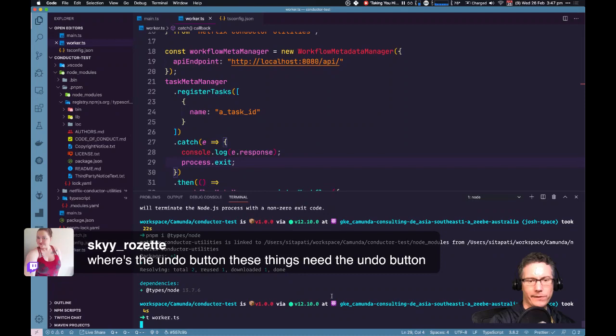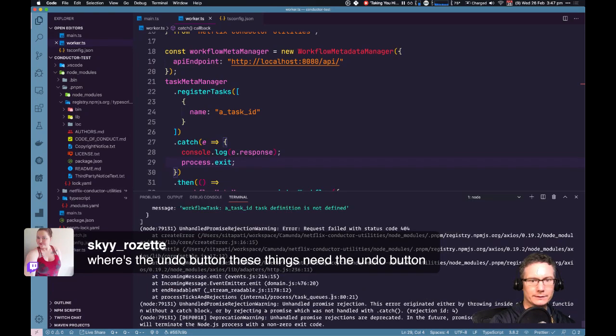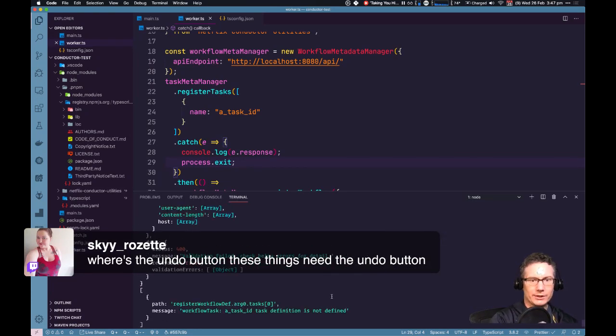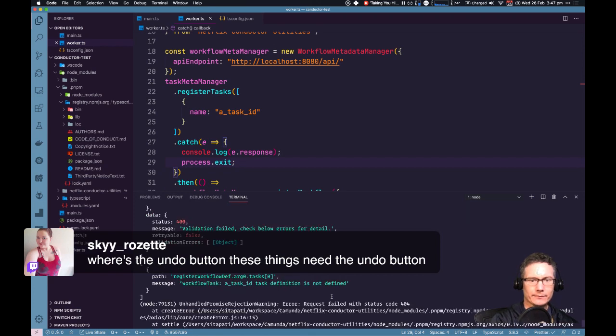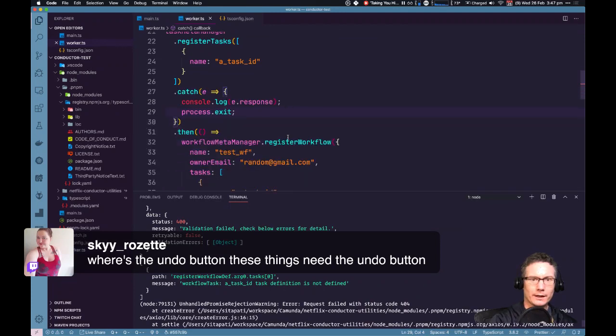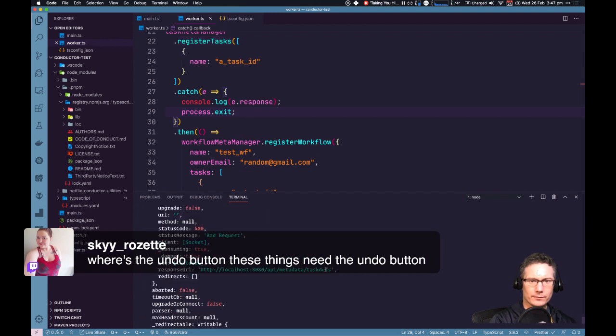Run. Here's the validation errors. Register workflow. Register tasks. Metadata task defs.